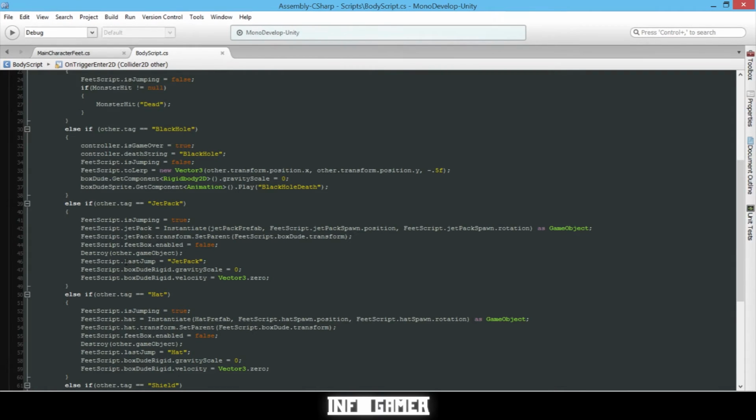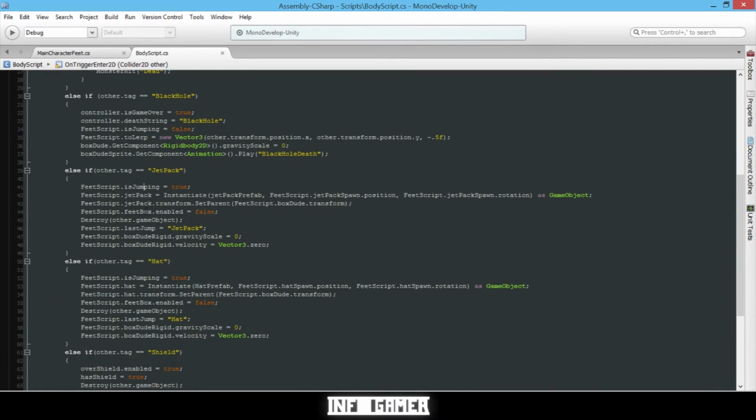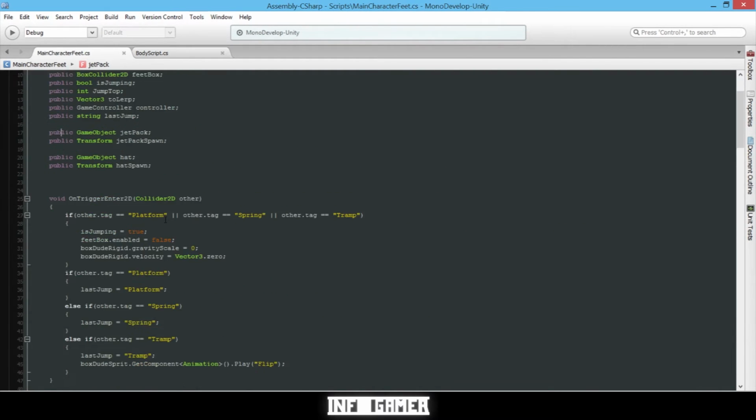Next line of code, we're setting the last jump equal to jetpack, and then we're turning off the gravity scale of our box dude and setting his velocity equal to 0. Once you've written all that, we can go over to our main character feet script,